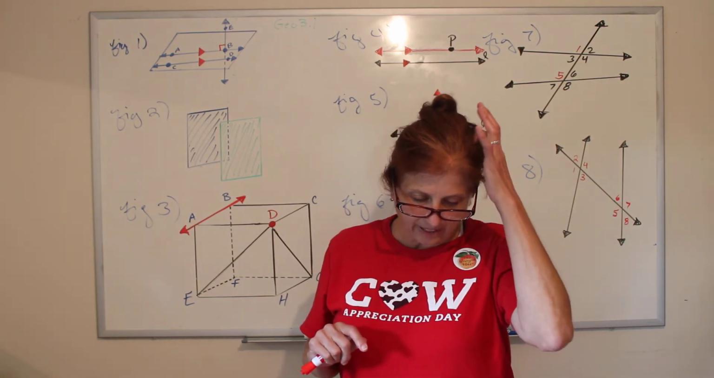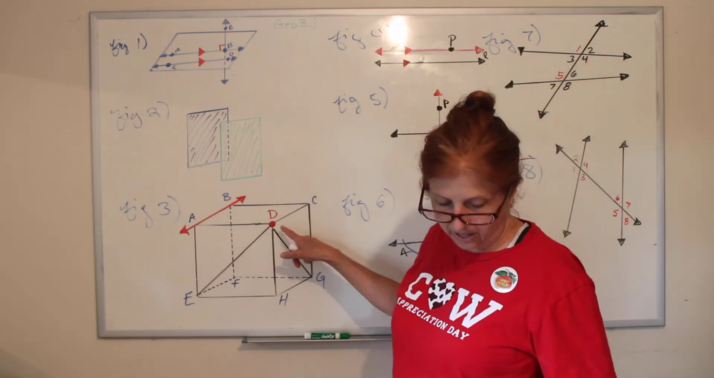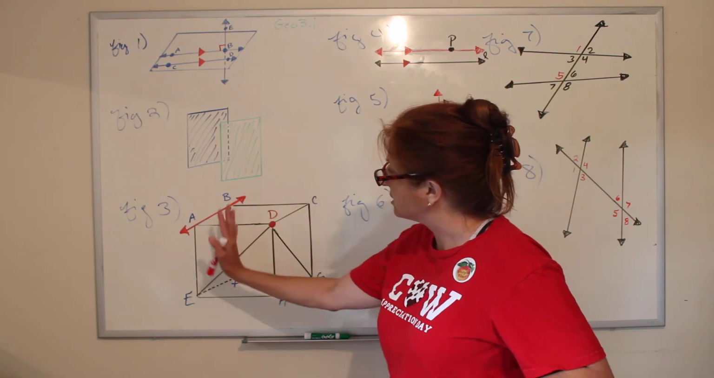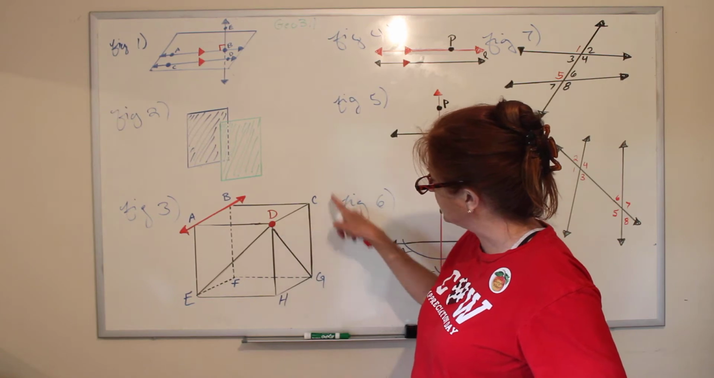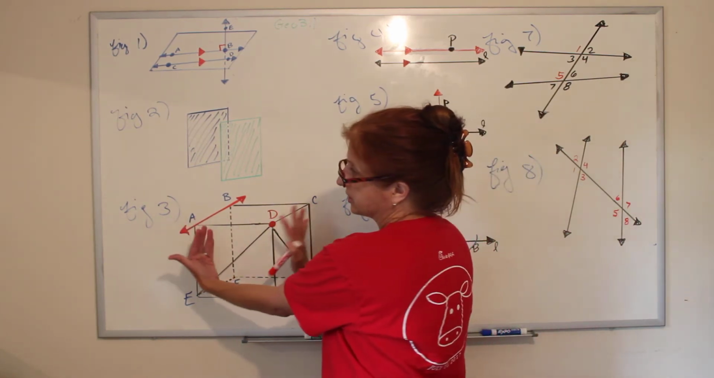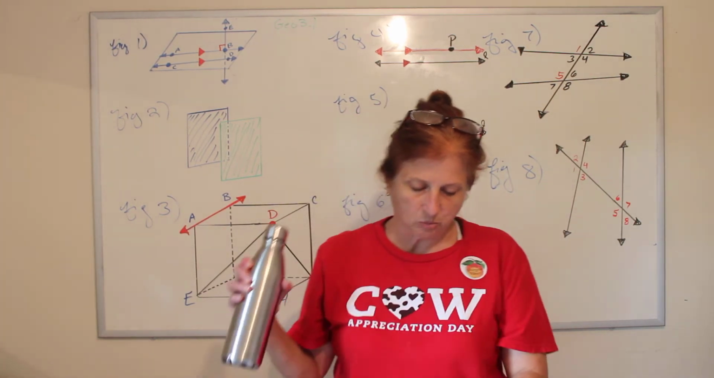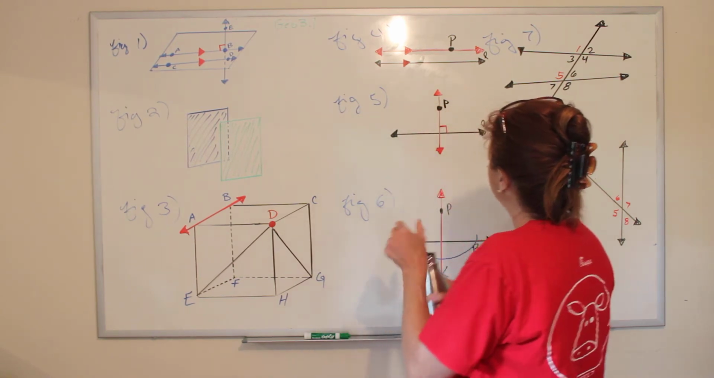Name of the plane that contains D and appears to be parallel to plane ABE. So this side right here, a plane that contains D would be DCG, or you could call it DHG. But the other side of the box there is what we contain, which would be a parallel plane. Okay, so here